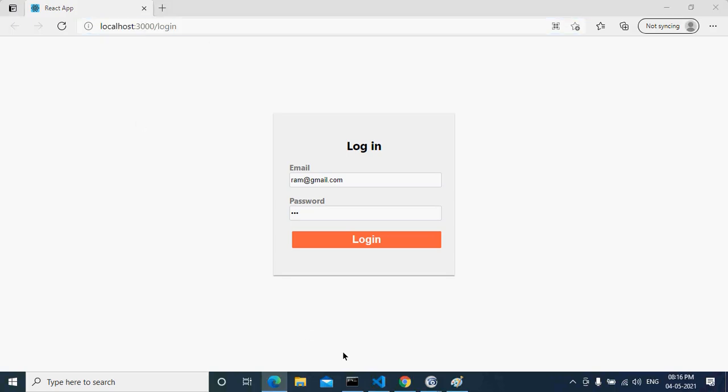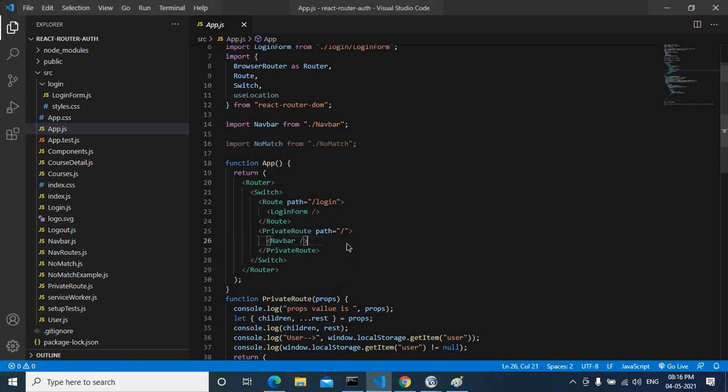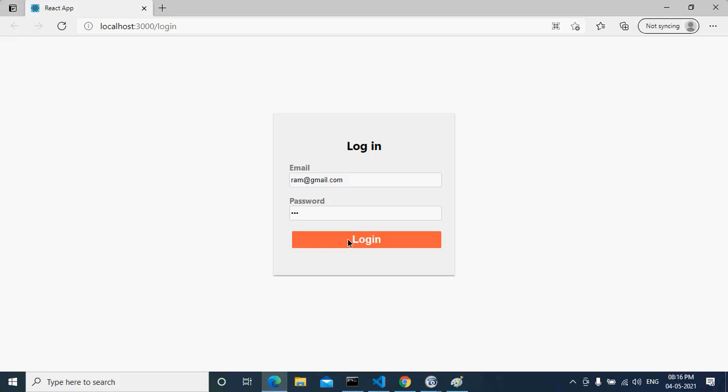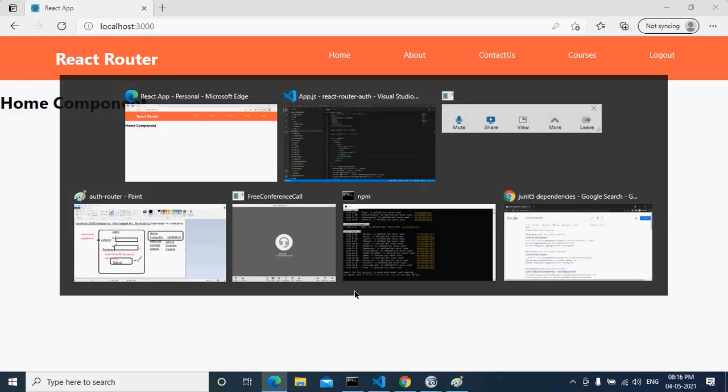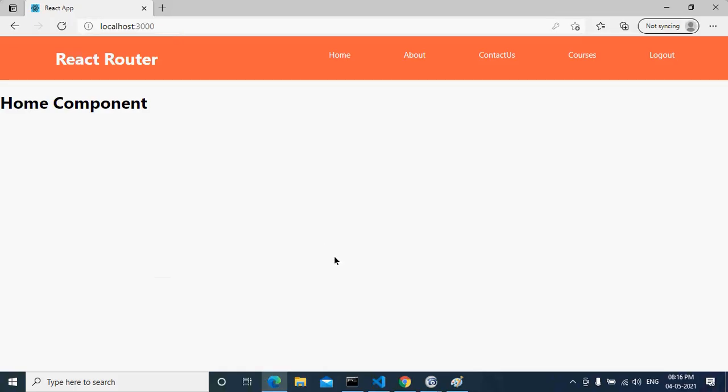Clear? Yes. So if the path is equal to slash, go to the navbar component. I will come to the navbar component now. So now if I click on it, it goes to the navbar component. Right? Yes. So, okay, navbar component,